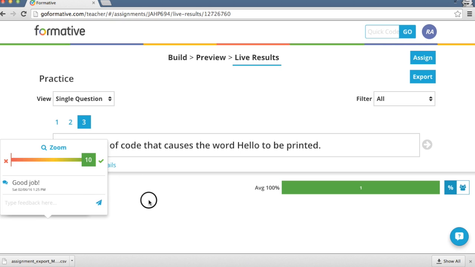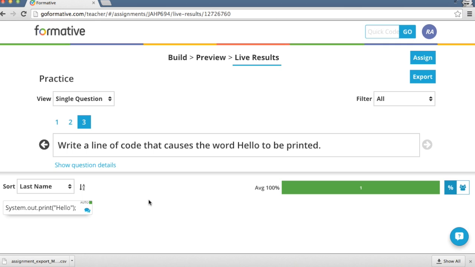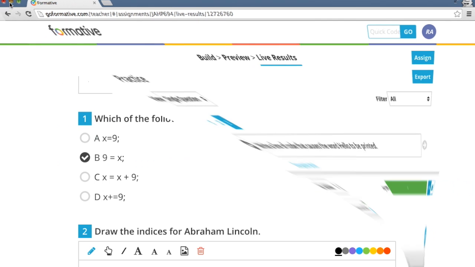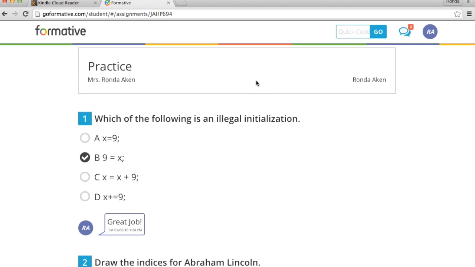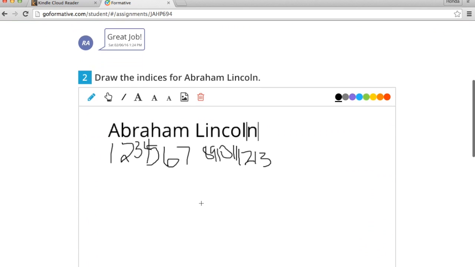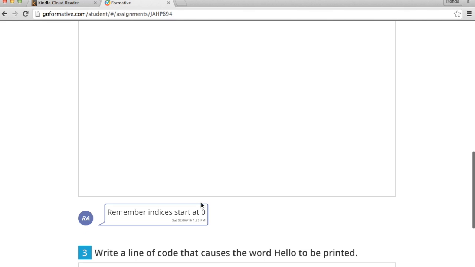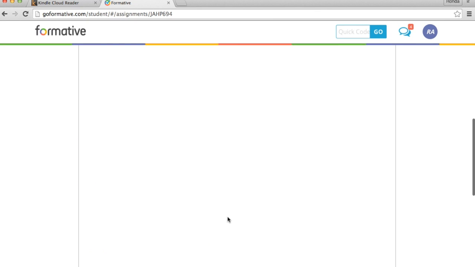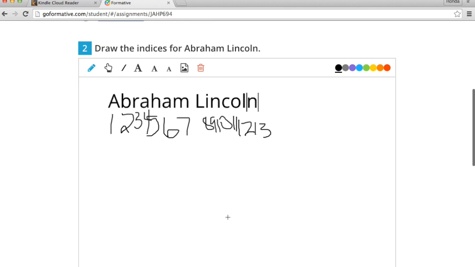And then they will have that comment. So what I'm going to do now is switch back to my student, and as you can see, I'm in here, and look, the comments are showing up at the bottom. So this one says, remember indices start at 0. So now my student is going to go in